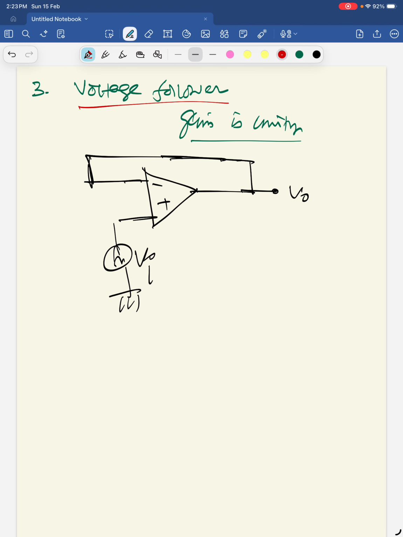Now the purpose of using this voltage follower or potential follower is impedance matching. What is the application? The important application for this voltage follower circuit is